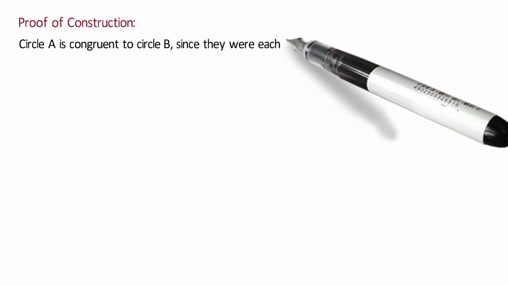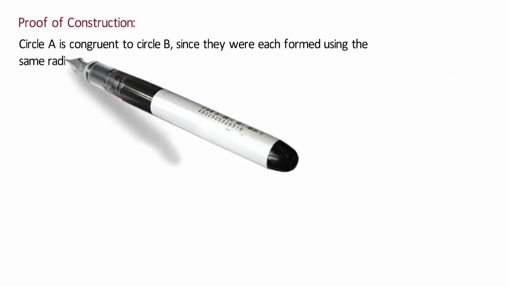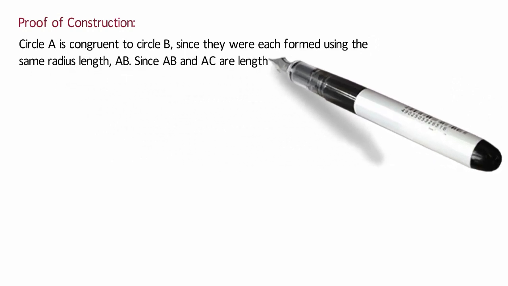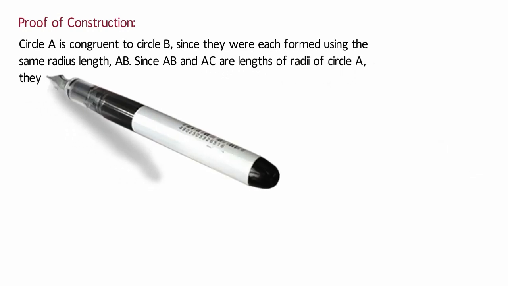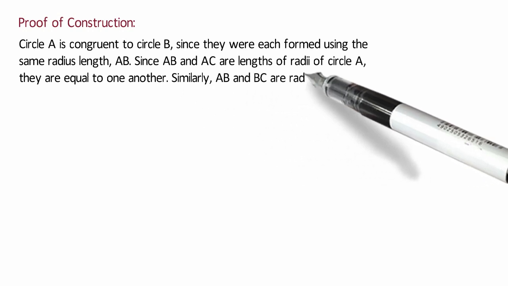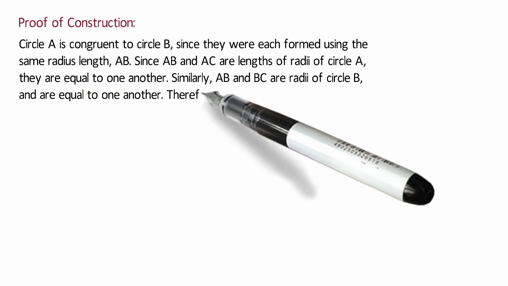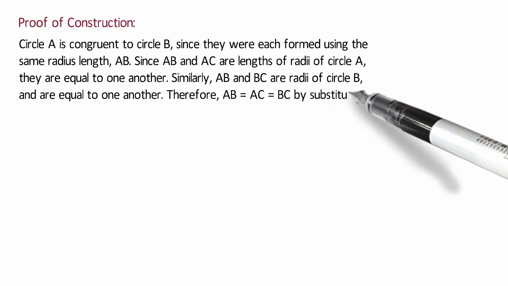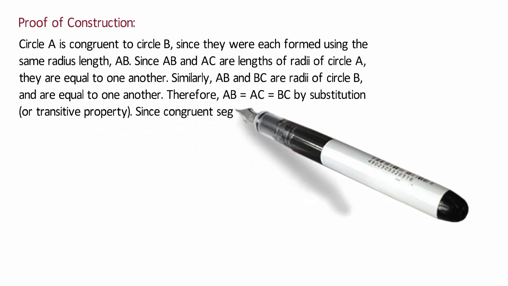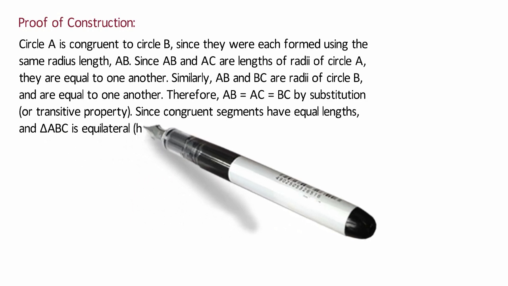Proof of construction. Circle A is congruent to circle B, since they were each formed using the same radius length. Since AB and AC are lengths of radii of circle A, they are equal to one another. Similarly, AB and BC are radii of circle B and are equal to one another. Therefore, AB equals AC equals BC by substitution, or transitive property. Since congruent segments have equal lengths and ABC is equilateral, having three congruent sides,